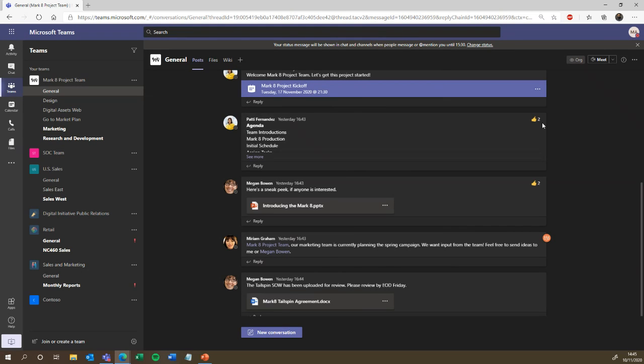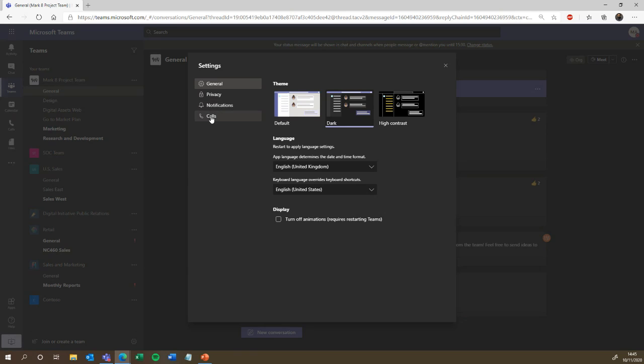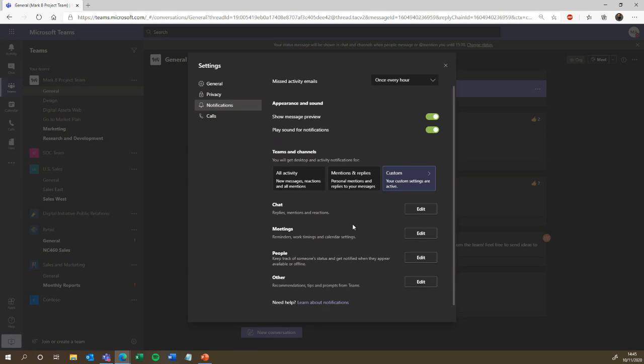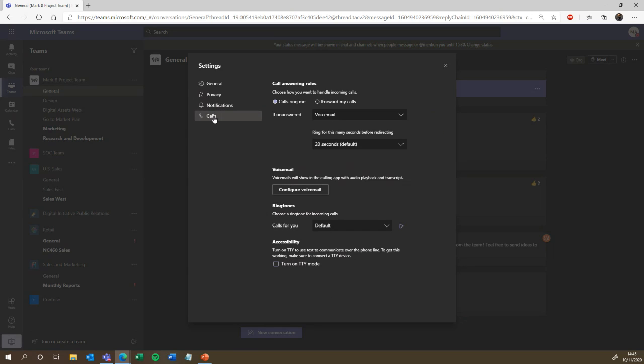And if I go back into the settings, so we've looked at the notifications. So let's look at the calls. In the calls tab for settings, you can choose how you want to be called. So you can have people calling you, or you can forward your calls to your voicemail. One thing I particularly like about the calls tab in the settings is it allows you to configure your voicemail. So if I select this,